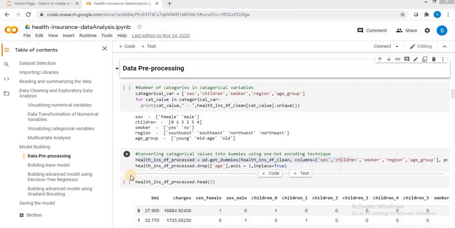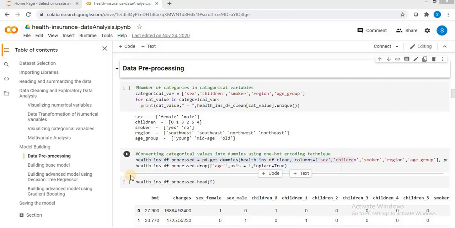So far we have discussed how to connect to the Kaggle website, how to download the dataset and read the dataset into a data frame using the pandas library, perform data cleaning activities and exploratory data analysis to establish a hypothesis. The links to the previous tutorials are given in the description below. Please watch them before going through this one. Today we'll have a look at the model building section.